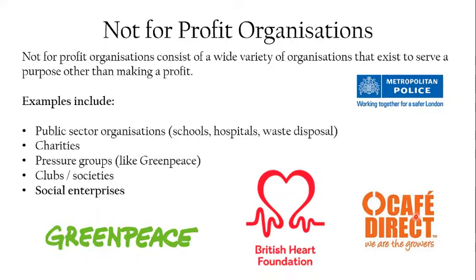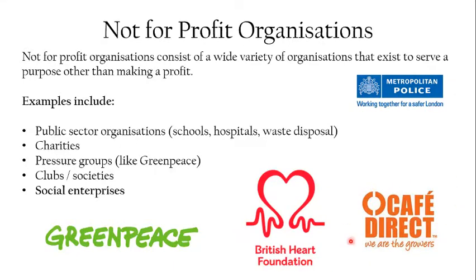So Jamie Oliver's Restaurant 15, which you can Google, is an organisation that exists to employ and train young chefs who maybe haven't done particularly well at school or have had some social issues as they've been growing up. The business needs to make money to survive, but they want to make some profit, but their primary aim isn't making a profit. It's providing jobs for people who are socially disadvantaged.